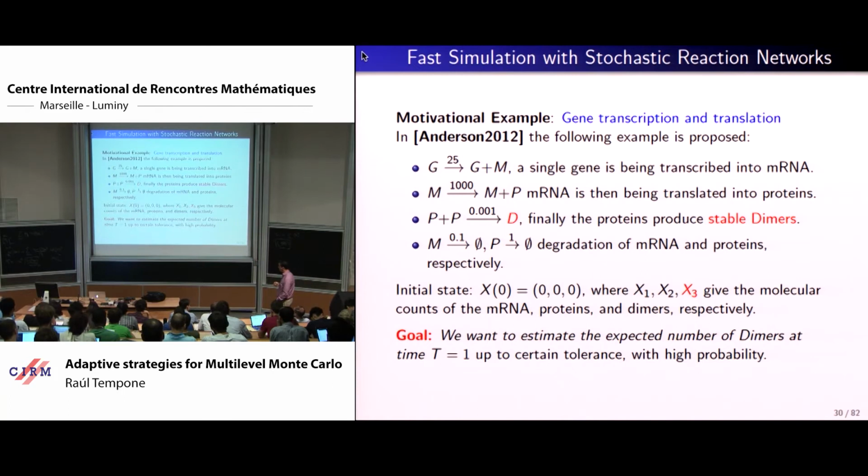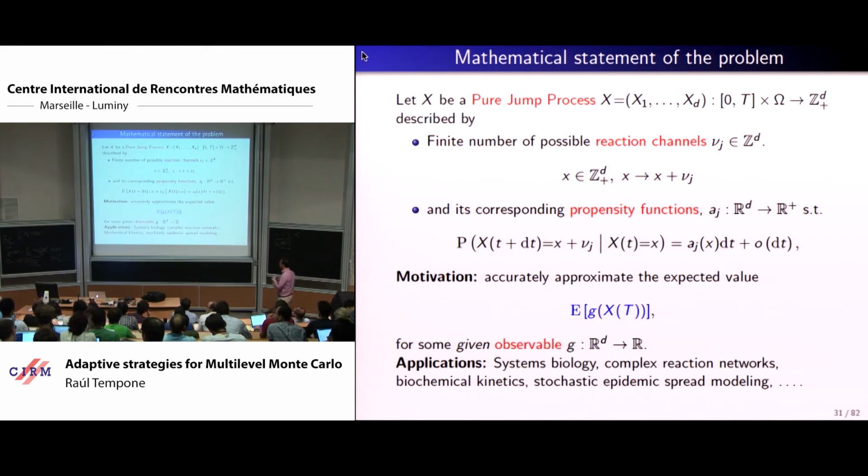Yeah. So this can be mathematically described. What we want to do, again, is to compute some given output quantity of interest at a given final time up to a certain tolerance, again with high probability. So how to describe the evolution of such a system? I told you before this was an X that lives on a lattice essentially because it's counting. So the components of X essentially describe different species in the system. So we count how much of species 1 we have, how much of species 2 we have, and so forth. Okay? So X is taking values on this lattice, right? And evolves according to time and of course omega.